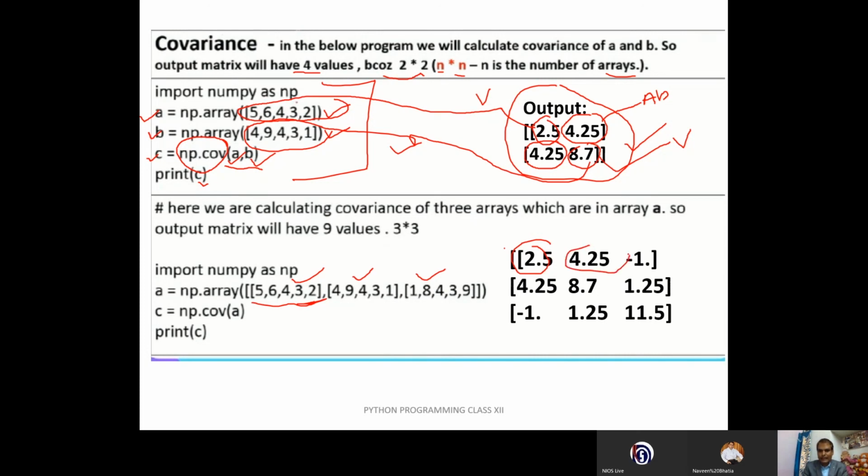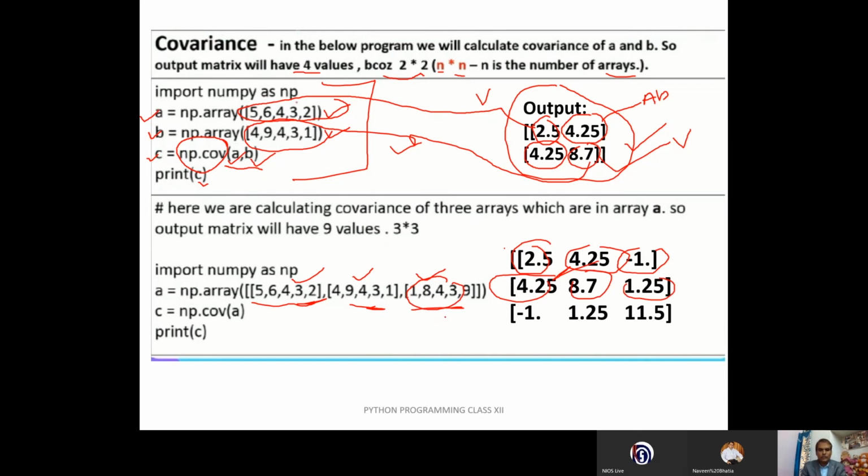This is the variance of the second one, and this is the covariance of all these three. Again, this is for the next one, this one, and this is for this one, and 1.25 will be for the third value.